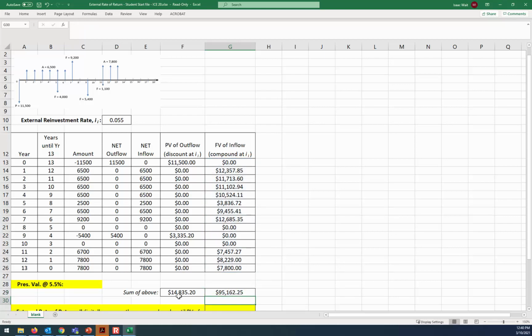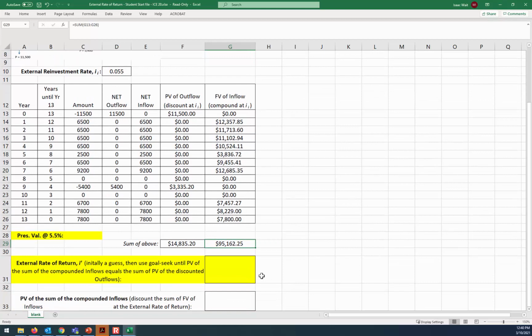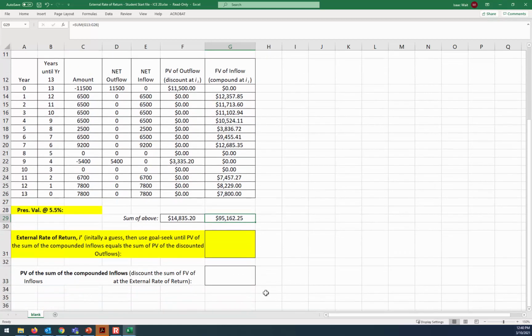Okay, so we know the outflows and the inflows. Now, the external rate of return is something that we're going to start with a guess. So it says here initially a guess, then use goal seek. So let's just use 1% as my starting guess. Now what I'm going to do is find the PV of this.